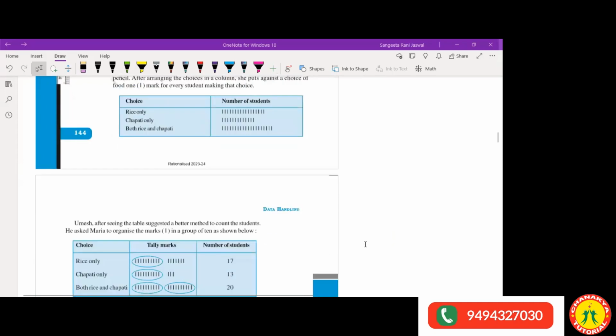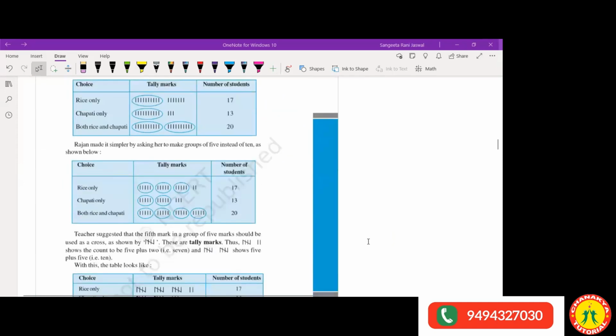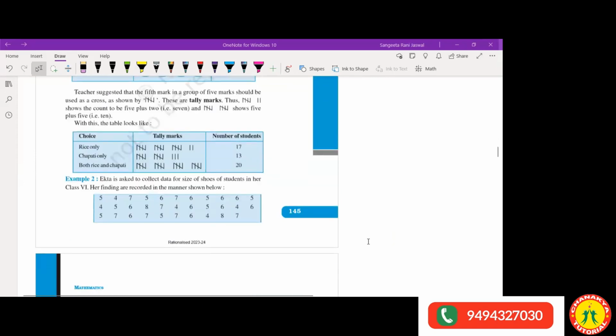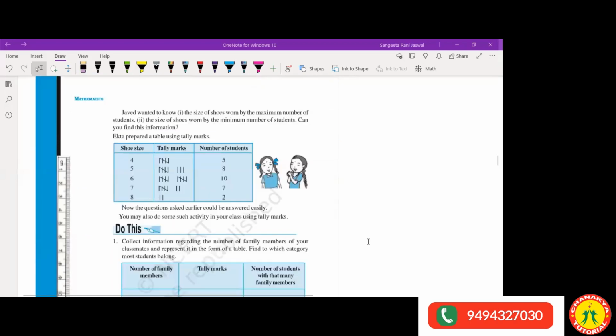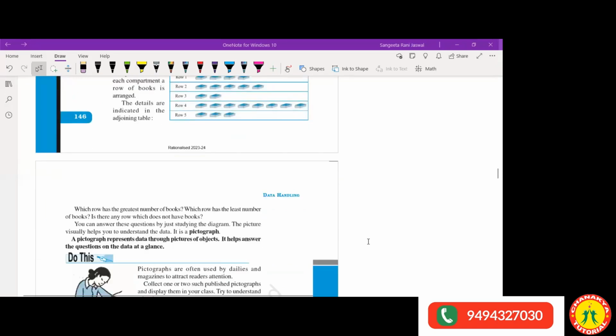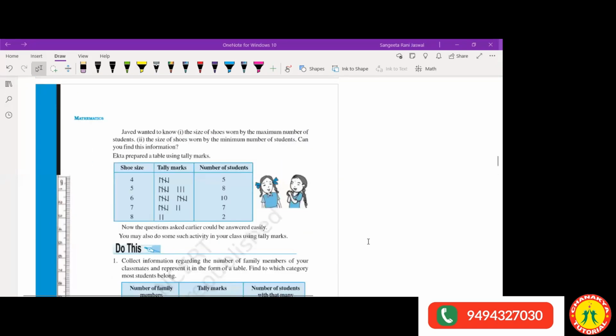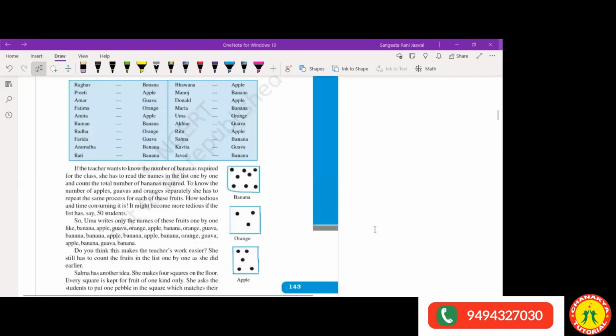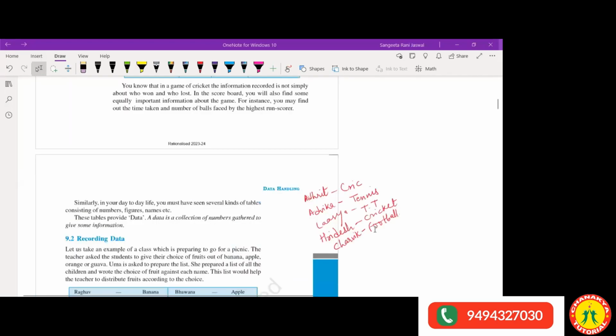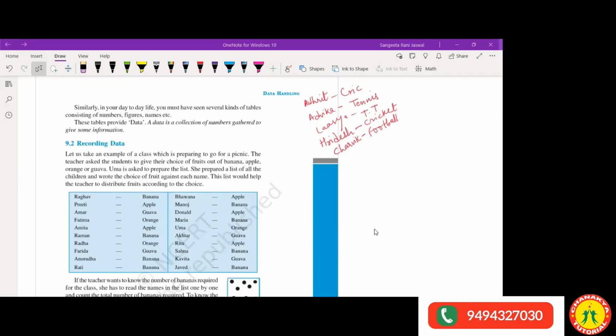Okay, so organizing data means putting the data in tabular form. Putting the data in tabular form can be done in two ways. One is tally marks, another one is pictograph. At your level, you will be learning tally marks and pictograph. So let's organize this data. Now, the data which I have got from you, the sport activity that you like. First of all, I will write the names here. Now, I will make 3 columns here. This is about organizing the data.